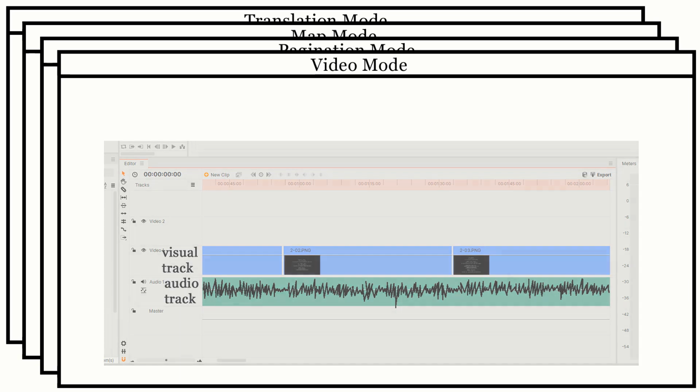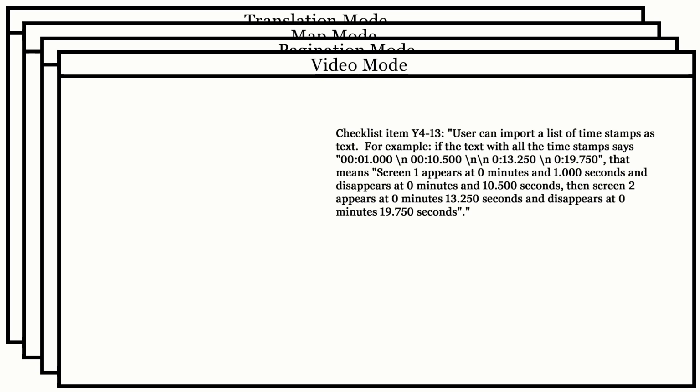Well, since we've already detailed how screens are determined, there's little more information to add in order to define a video. Checklist item 4-13, user can import a list of timestamps as text. For example, if the text with all the timestamps says 0:1.0, new line 0:10.5, new line 0:13.25, new line